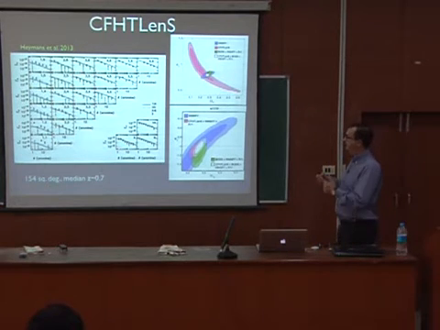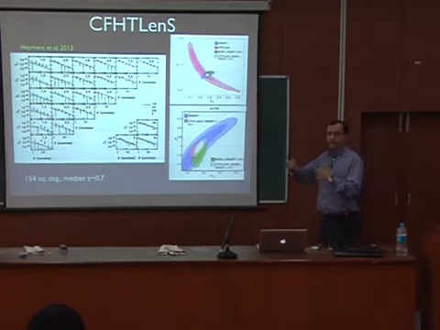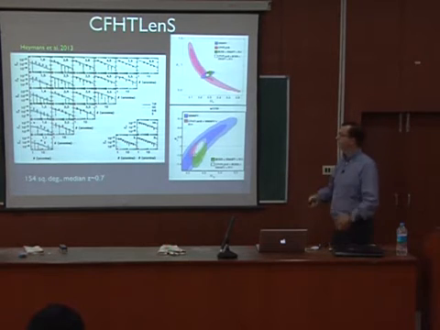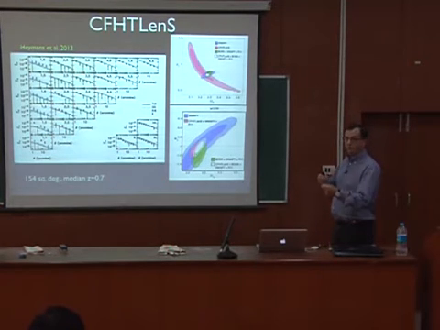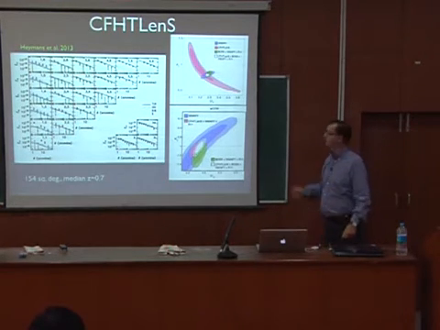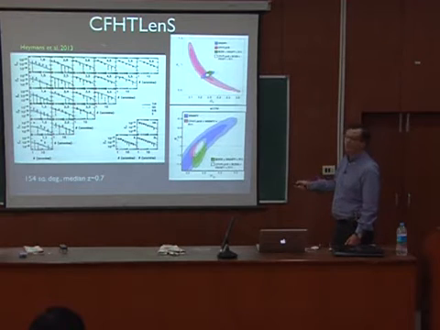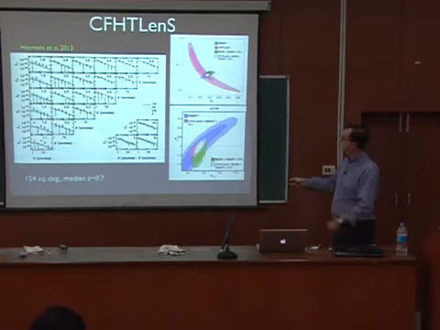Here, what's interesting is that they divided the survey into different redshift bins. So they divided the galaxies in different redshift bins. And they measured the correlation function in these different redshift bins. And they also looked at the cross-correlation between redshift bins. So they have a large number of correlation functions that they could measure. Both the redshift bin with itself, let's say this is one of the redshift bins correlated with itself, but they can also look at